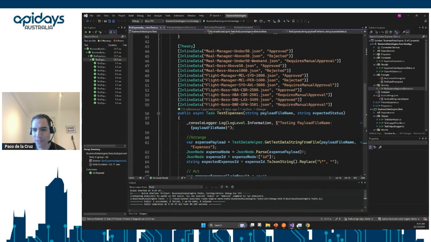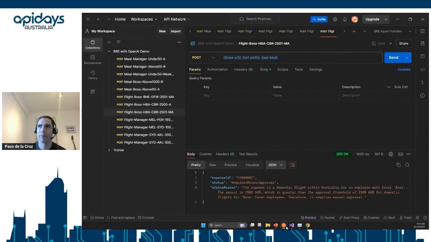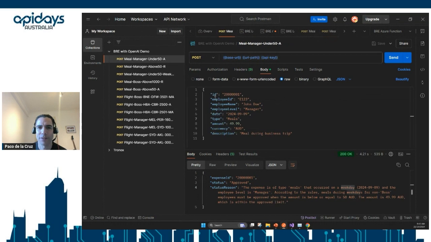Now it's also interesting because if you remember in the LLM, I never specified how to do any kind of mapping, right? However, the model was able to realize there is an expense ID field here, and I have an ID in the input. So it's putting the same value in the output without me specifying that rule, right?